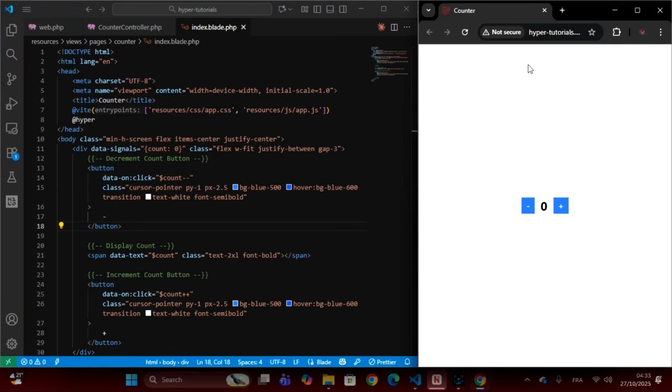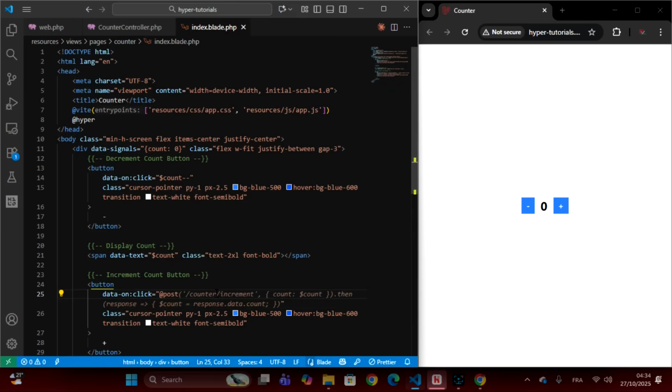Awesome. Now let's give ourselves the challenge of making this reactivity driven by the server. For that, you remember when we said data on click, what is within these quotes is a JavaScript expression. Well, Datastar has provided us with actions that enable us to do HTTP requests. For now, for example, we want to do a post request to the server in order to be able to control this reactivity from the backend. And to perform any form of HTTP request with Hyper, all you need to do is to use Datastar actions. For that, you will do